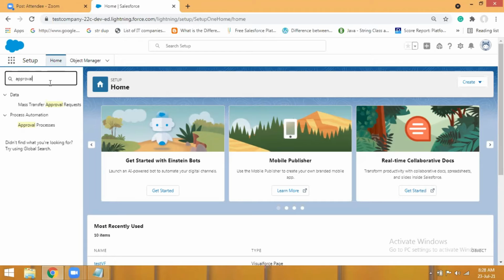So if the customer is happy, or if the customer is not happy with your services, what can be the emotions of the customer, whether a customer is angry with you or not. All these detections can be done inside Salesforce. So this is nothing but a part of AI, artificial intelligence, and you can get those insights easily.